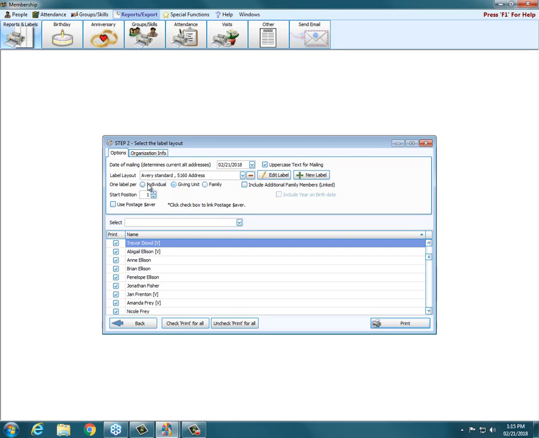If you're just doing regular membership labels, then you'd either do one per individual if you want one for every person in the house, or one per family if you want one per household. But again, remember, this layout up here that you choose, that is going to determine what name it puts on the label, the family name or every single individual name on one label, or